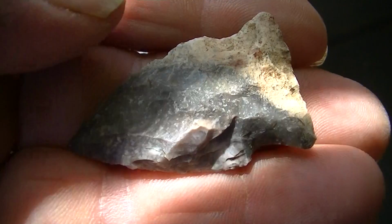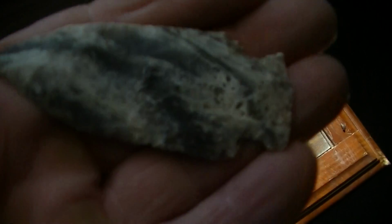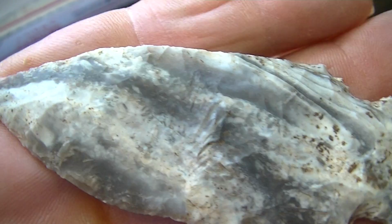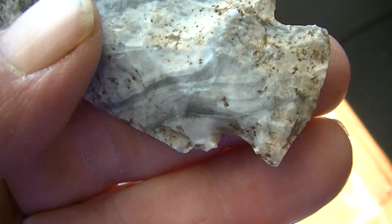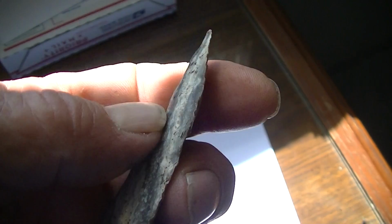And this awesome little colorful Rice. That was my first find. And then a beautiful blue and white Etley. I'd say it's a lovely day. Now I'm going to go out here and